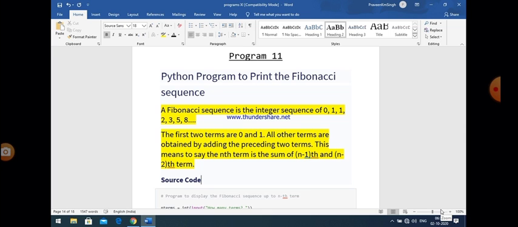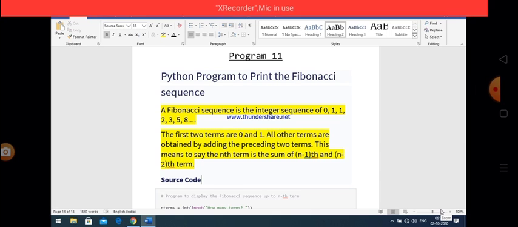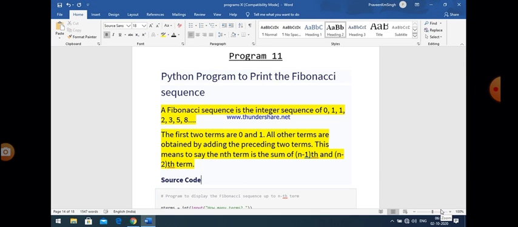For example, the third term is 1, and the first term is 0, the second term is 1. When we add 0 and 1, we get the result 1, and 1 is placed at the third place. At the fourth place, the number 2 is there because its previous two terms are 1 and 1. So when we add 1 plus 1, the result is 2.